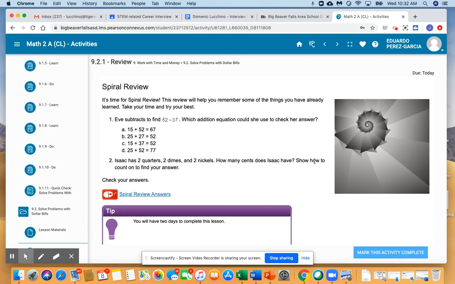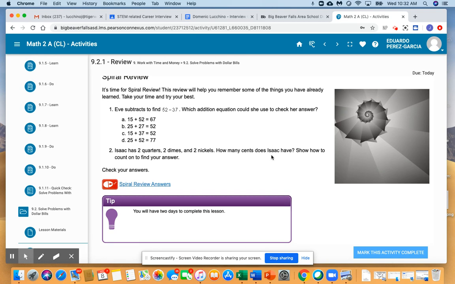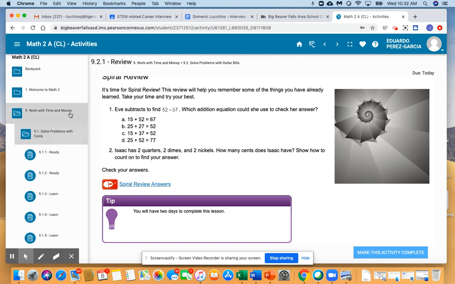And then here is a spiral review of things that you have been working on throughout the second grade year. And then there's some money problems here. And then there's an answer key there for you. Mark your activity complete. And there's one last for math,